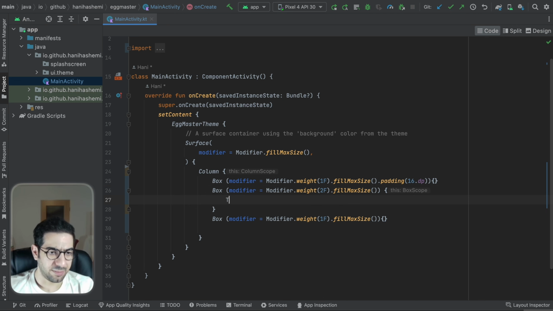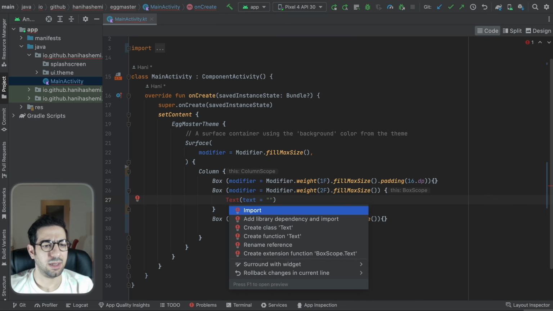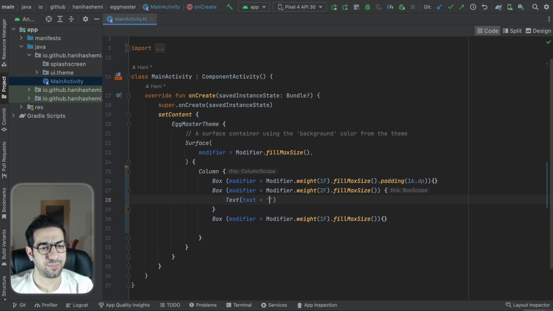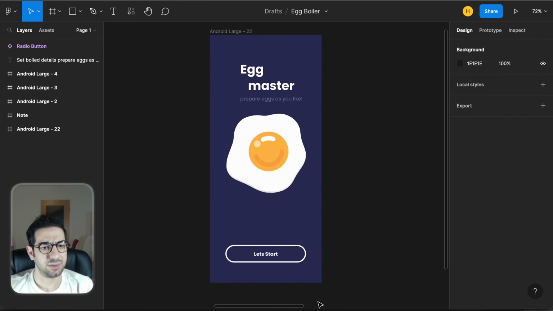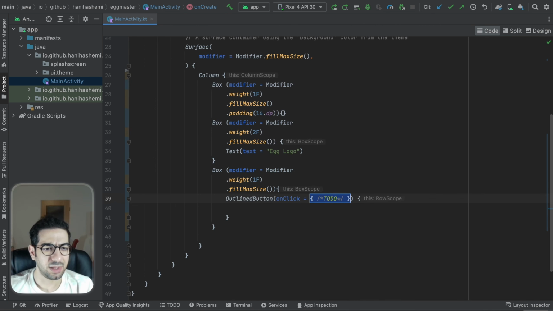Here I'm gonna have just an example of text like this, like egg logo. And for this part, which is going to be this button, what I'm going to do, I'm gonna use this outline button. So on click, please do nothing, and